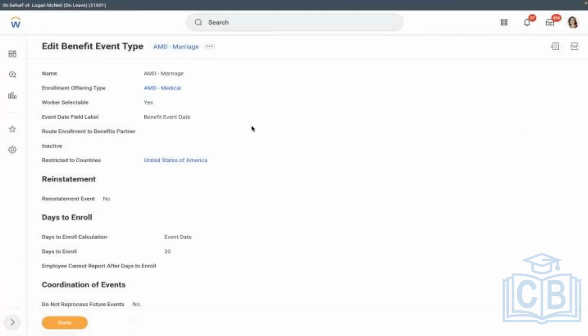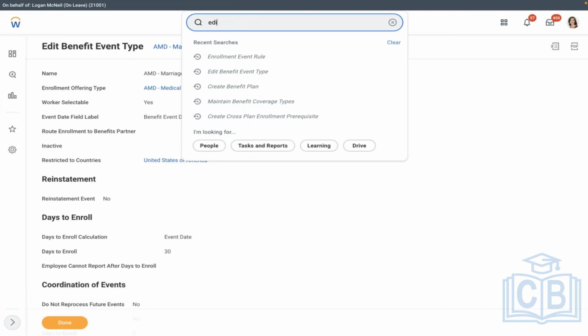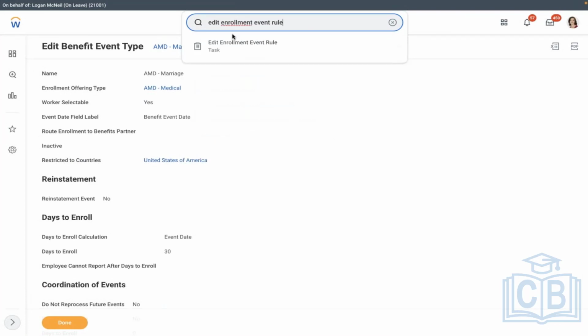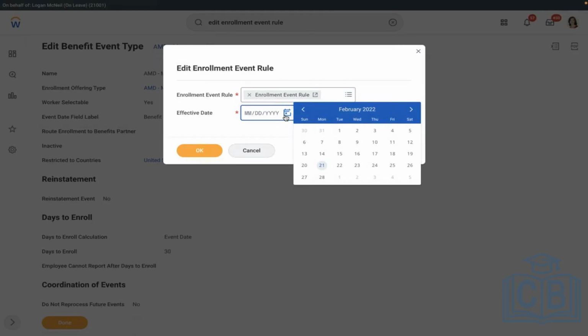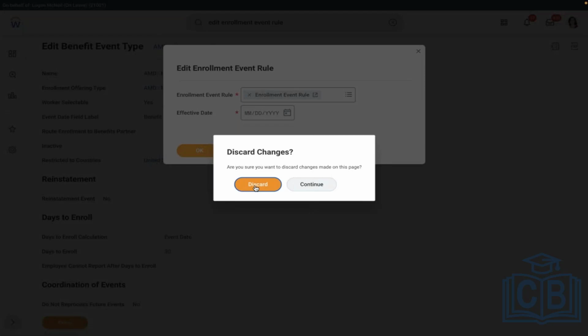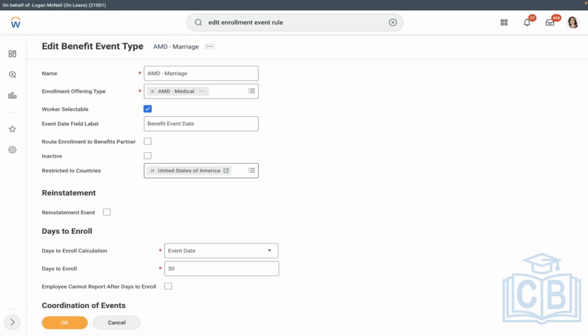Okay, right. So now edit enrollment event rule. Let's assign our new cover. Oh, I'm sorry, again, this is not required. The reason is that we have created one coverage type and the same event we are grouping on. Okay, what I'm trying to say is